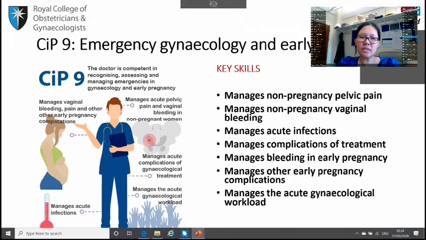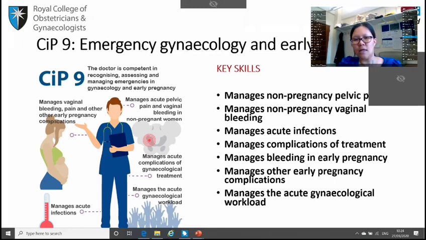Now, SIP 9, 10, 11, 12 are the clinical SIPs. Actually, most of you will be comfortable understanding what this means, okay? Because these are the clinical bits. It's very similar to what you have had previously, okay? In terms of emergency gynae or non-emergency gynae. So there's emergency gynae, non-emergency gynae, emergency obstetrics, and